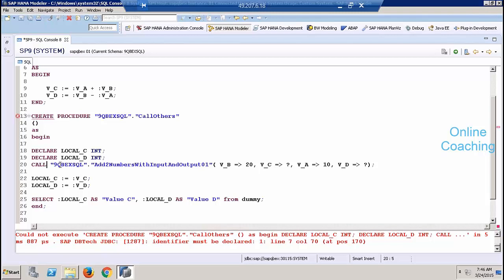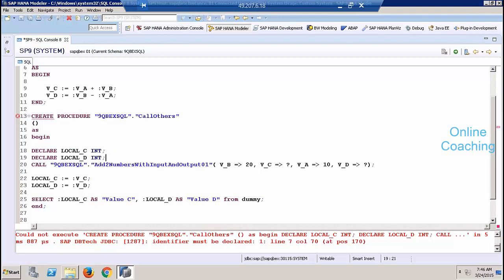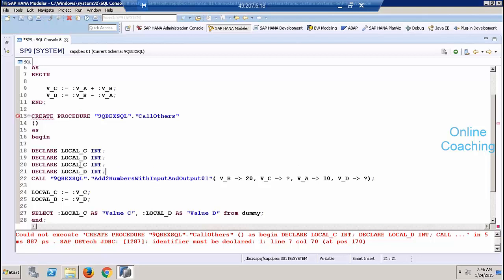Local C and local D. V underscore D, V underscore C. Declare child as well. So this V underscore C must be declared in this case, because you're collecting values into that. So